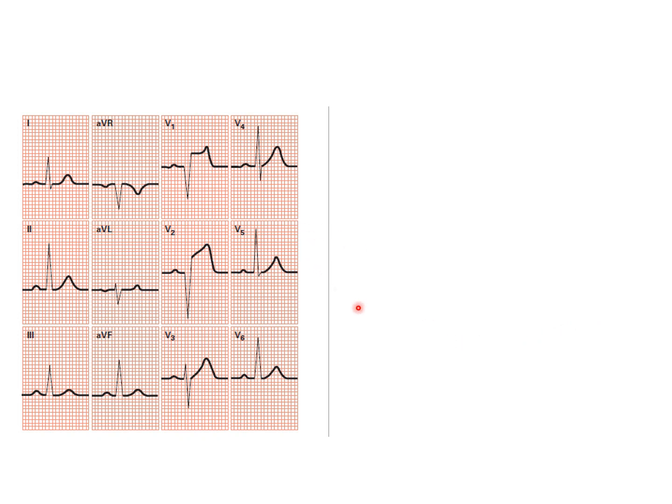Again, this is a sample, and if you notice here in V1 and V2 we got marked ST segment elevation. So this can be a case of septal myocardial infarction, because V1 and V2 are over the ventricular septum, V3 and V4 the anterior wall, V5 and V6 the left wall. So this is acute septal MI.